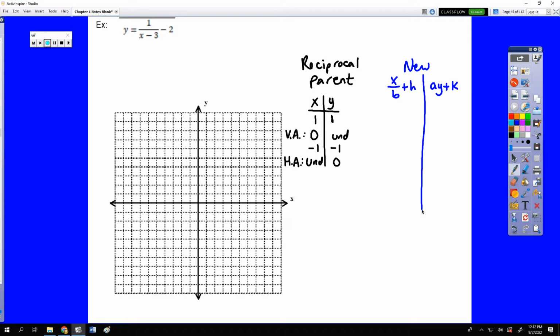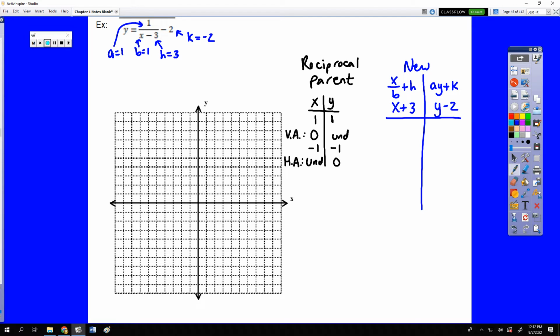So with reciprocals, the a value is on top of the fraction, so that's a 1. The b value is still in front of x, that's a 1. The h value is the opposite of what's attached to x, that's positive 3. And the k value is what is listed after, which would be negative 2. So we're looking at x plus 3 and y minus 2